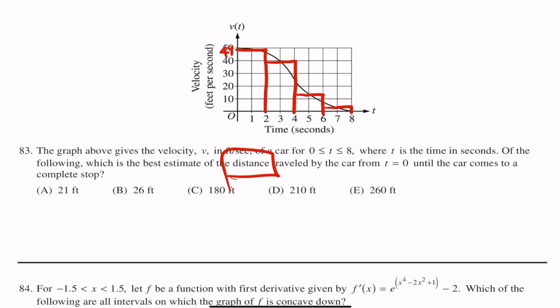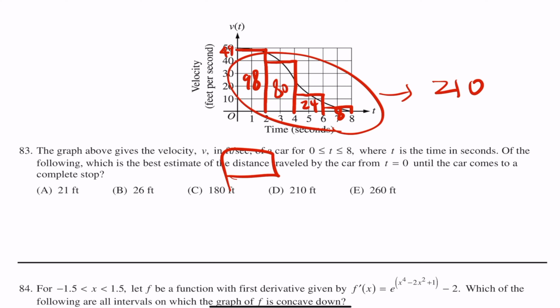What is that? It's like 49 or something. So 49 by 2, that's 98. And then the next one, that's 40 by 2, so that's going to be 80. And the next one, what is that, like 12 by 2, so 24. And next one, I'm going to call that like 4 by 2, so like 8. So if you guys just add them all up in your calculator, you will get something like 210, which is